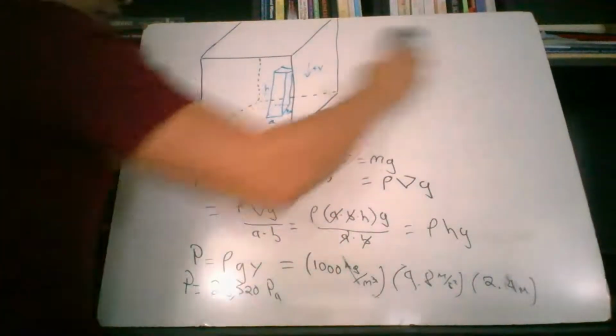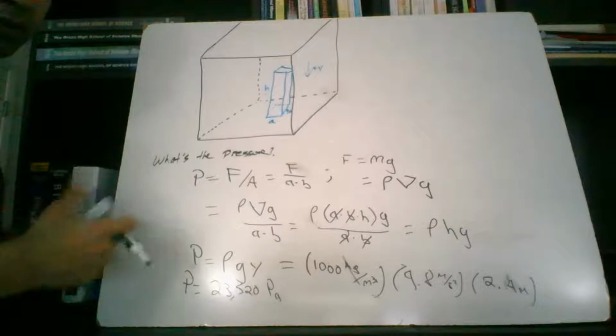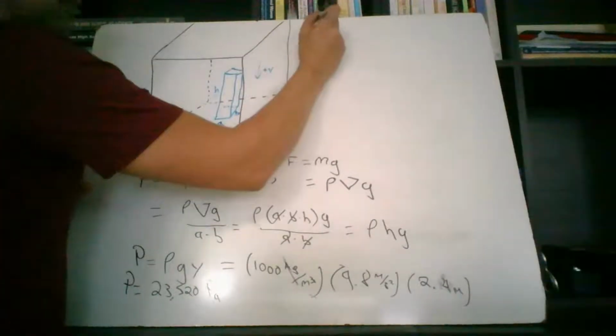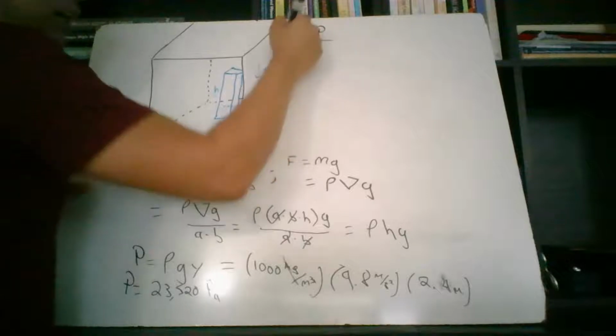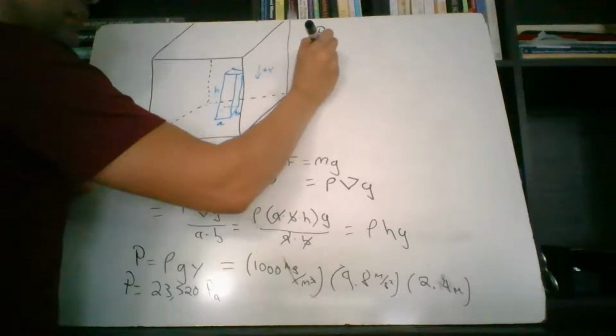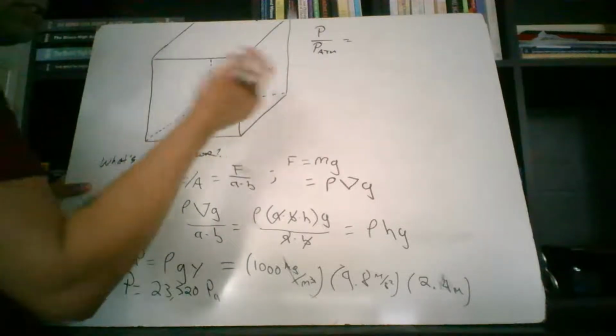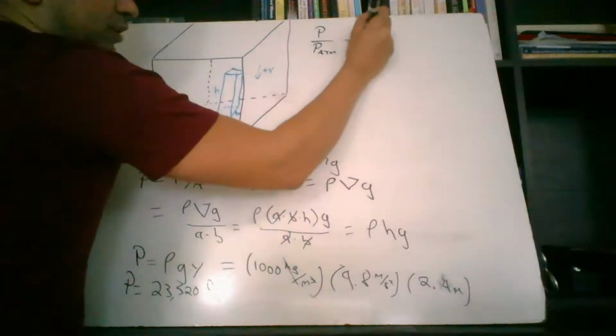Is that pressure all the way at the bottom of that pool a lot? Well, we can compare it to the atmospheric pressure. So we could say the pressure at the bottom of the pool divided by the atmospheric pressure, and we can see how much it's actually going to be. So the pressure at the bottom is